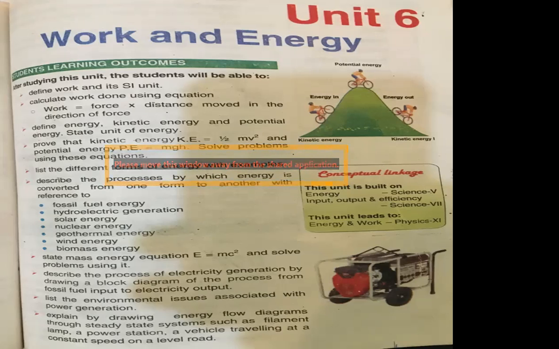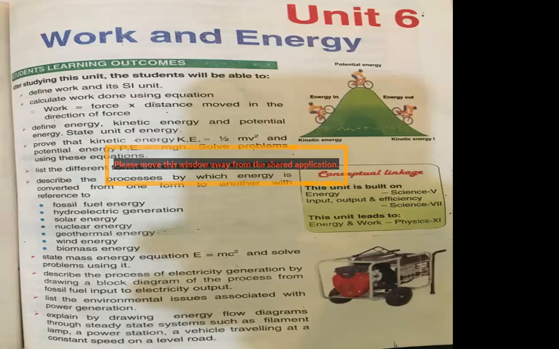I repeat, 10th MCQ: in Einstein's mass energy equation, c is the speed of A. Sound, B. Light, C. Electron, and D. Earth. My right choice is B, which is speed of light. The last MCQ of this chapter number 6 is